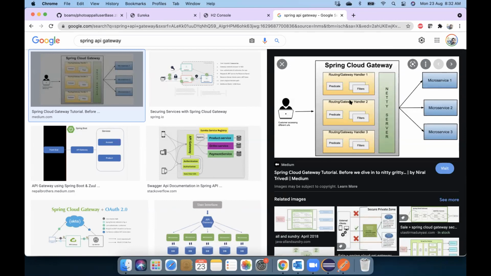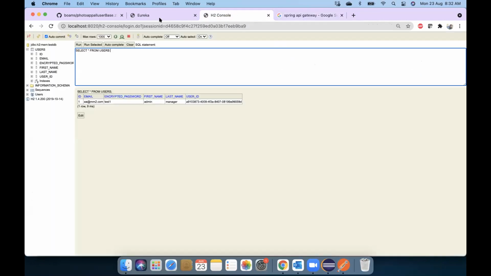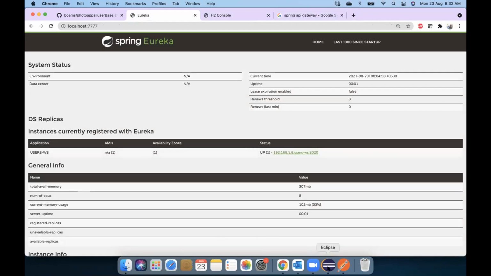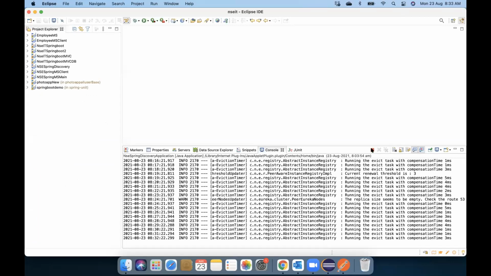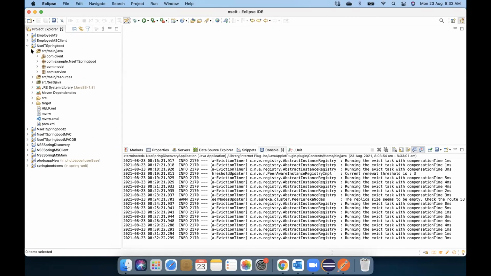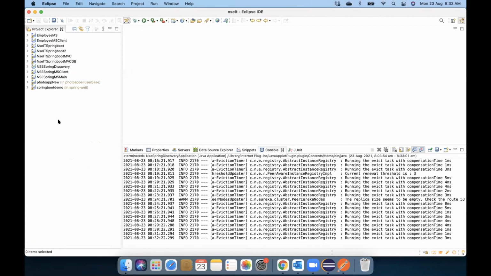So let's get started with those API gateways. In my example, in the API gateway, what I'll be doing is, watch it. Let me stop this server. And here, the previous application which we had, called NSCIT Spring Boot, I just copy this now and I change it to,